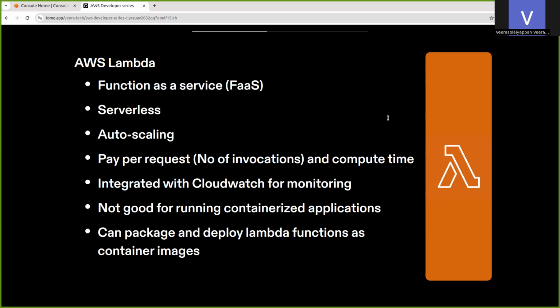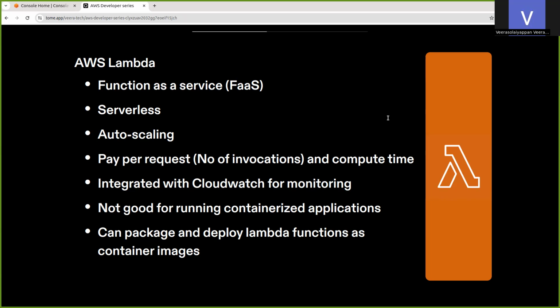It has inbuilt auto scaling features. Based on the network traffic and the resource utilization, it can easily scale up and scale down. Another thing is how the billing happens. It considers two parameters: one is how many requests or invocations are happening, and the other is how long the function takes to execute and complete. These two parameters are considered for making the bill for the Lambda function.